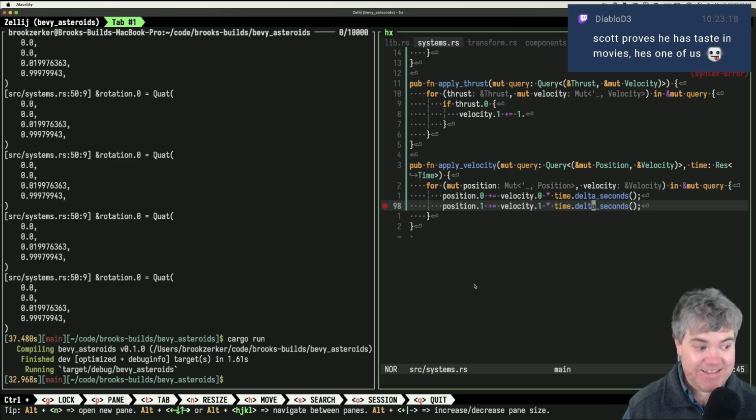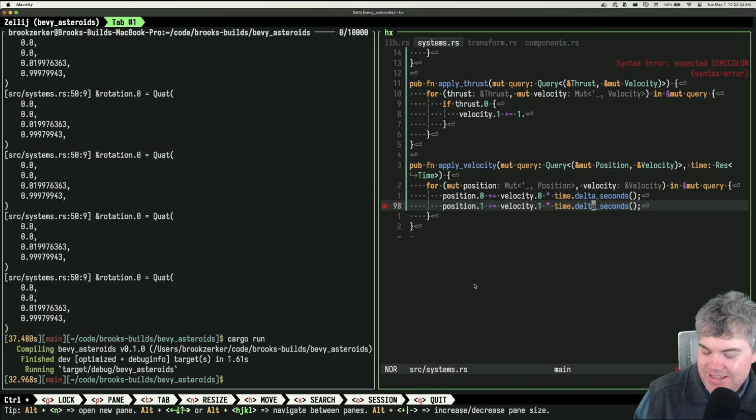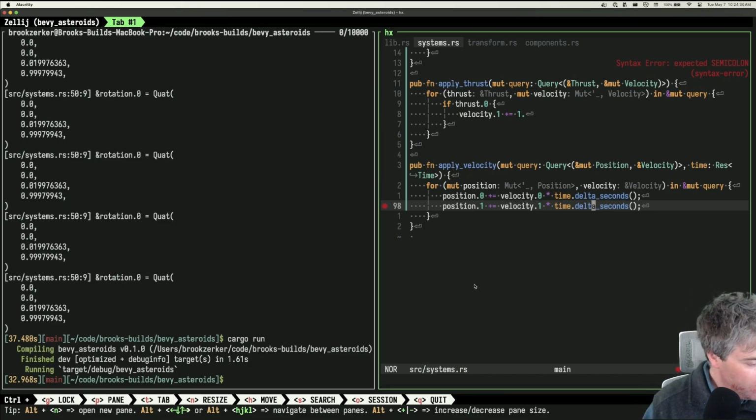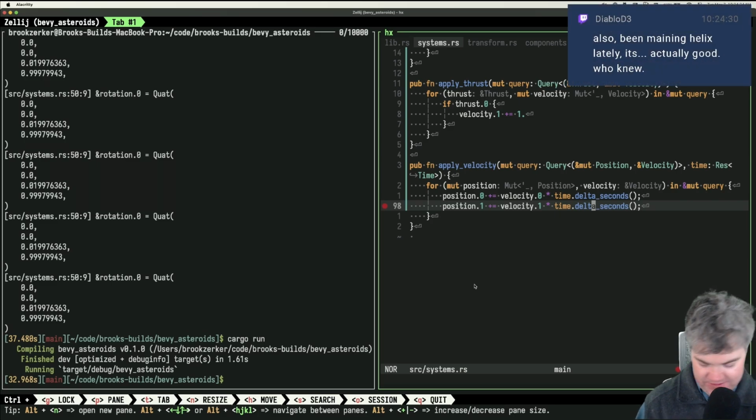It's a bad day to give up sniffing glue. There were so many, he kept on increasing that, right? It's a bad day to give up all the different things, then sniffing glue was the last one before he passed out. But yeah, that was great. Scott proves he has taste in movies. He's one of us. Heck, even if you've never seen it, just go find it online and give it a watch. Let us know what you think. Airplane 2 is pretty good too, but 1 is the best. If I had water that wouldn't stain all my clothes, I would also develop a drinking problem.